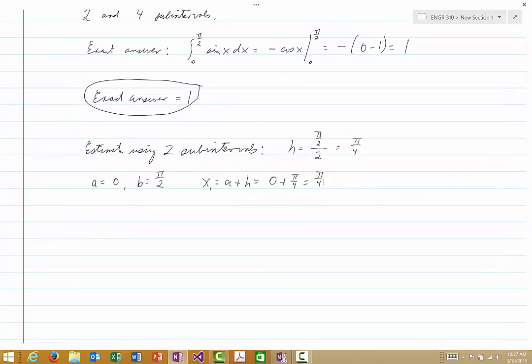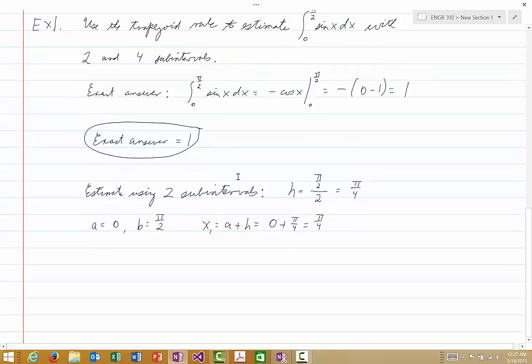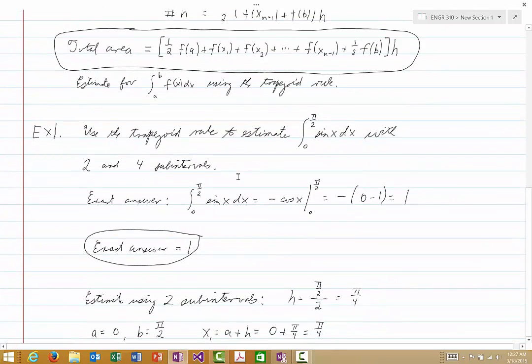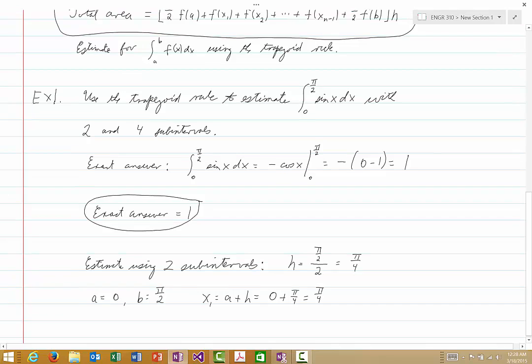And we don't have an x2 because x2 would be a plus 2h, but a plus 2h gives you b. And so we don't call that x2, we simply retain the name b for the right-hand boundary. So now let's see what we get for our estimate. Using this formula here, we would get